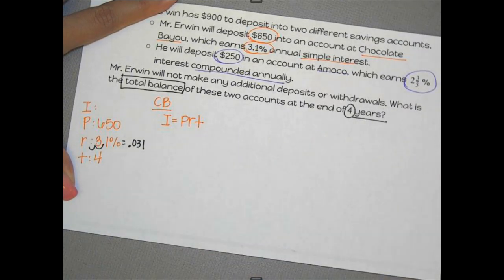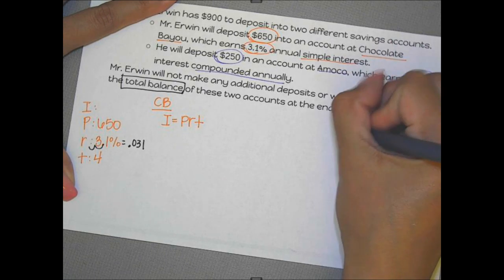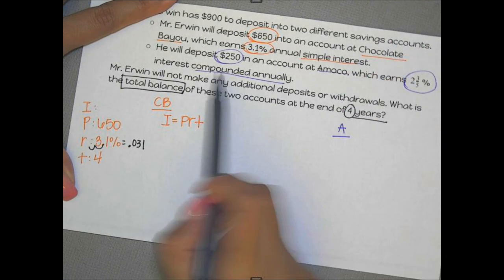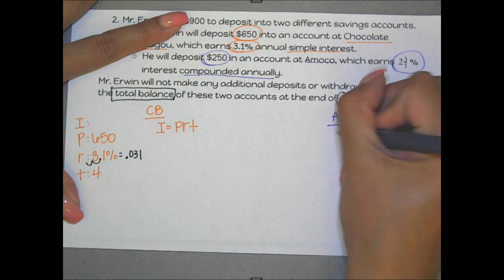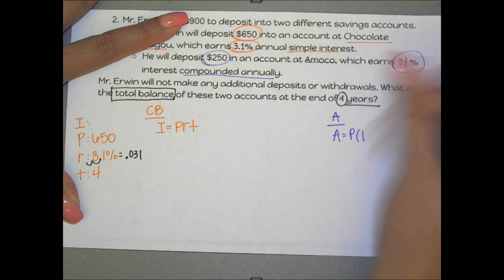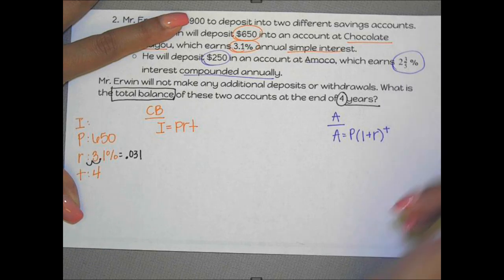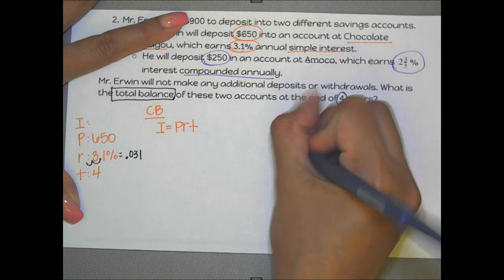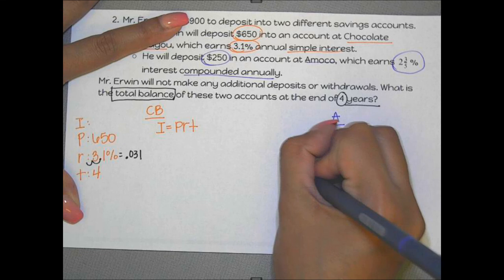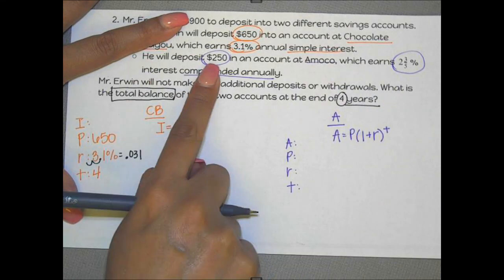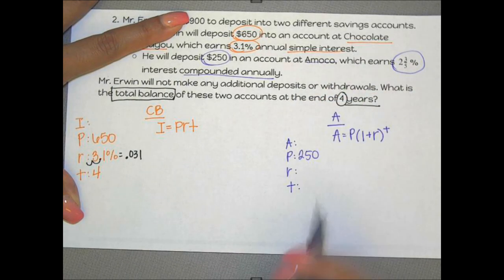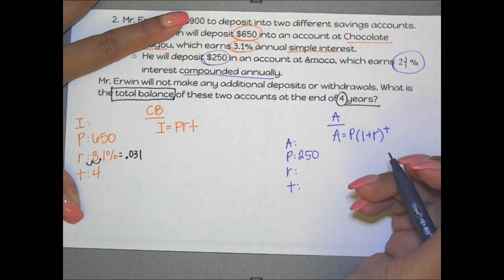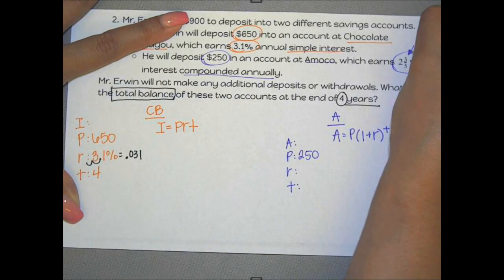Then I'm going to pull out my information for Amico. And Amico says compounded annually. So that tells me that I'm going to use the formula A equals P times 1 plus R to the T power. All right. So when I pull out my information for Amico, I see that he's going to deposit $250. So that's going to be my principal. My rate is 2 3/5%. I know that as a decimal, that's